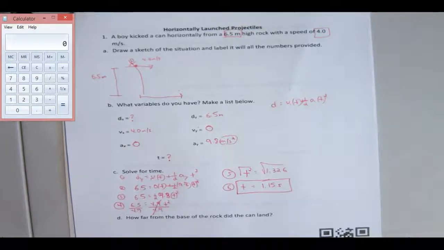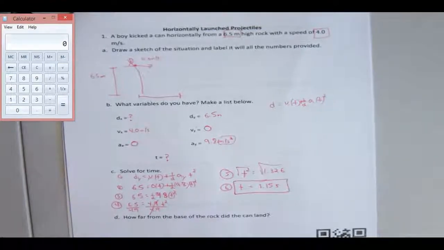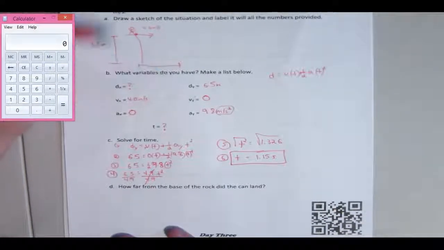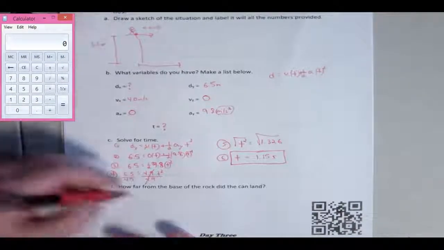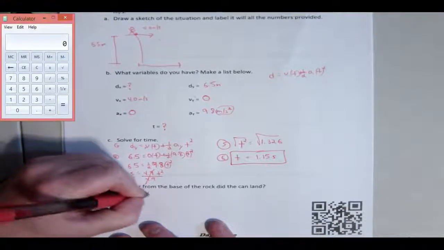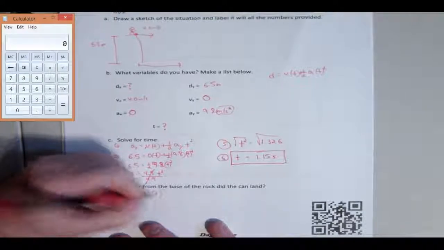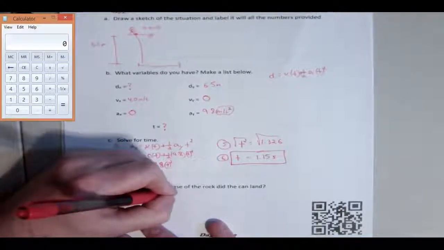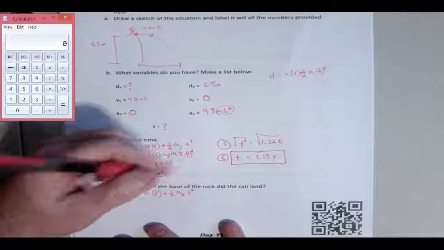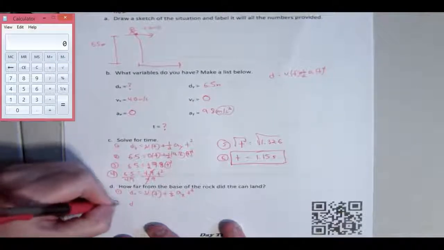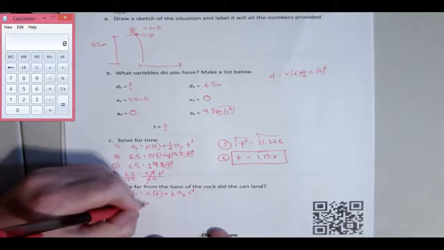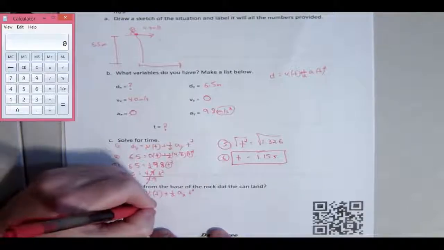That's my time. So now that I have time, now I can solve for the displacement that I do not have, which is the displacement of x. Okay? So, let's write the formula again. Displacement of x equals initial velocity, which we're dealing with x, times time, plus 1/2 acceleration of x times time squared. Now I plug in what I know. Displacement of x equals, what's our initial velocity? 4 meters per second. 4. What's our time? Well, now we know our time. 1.15